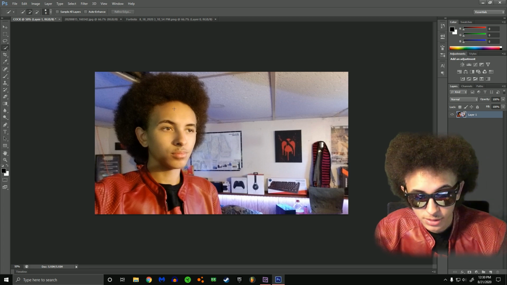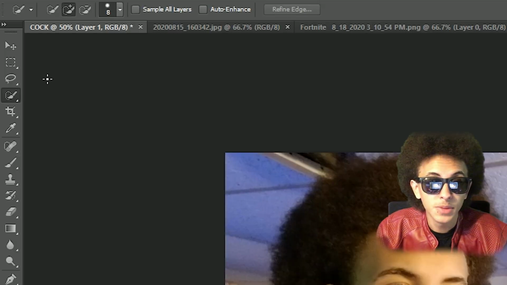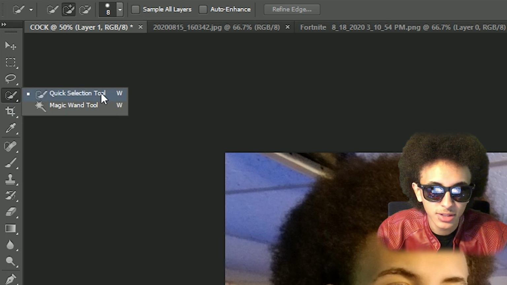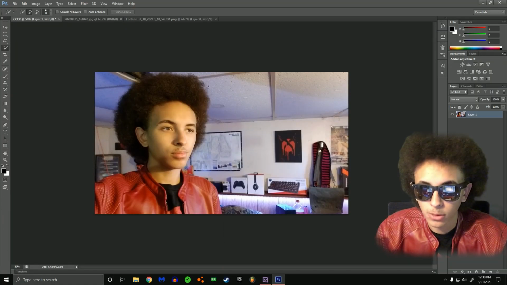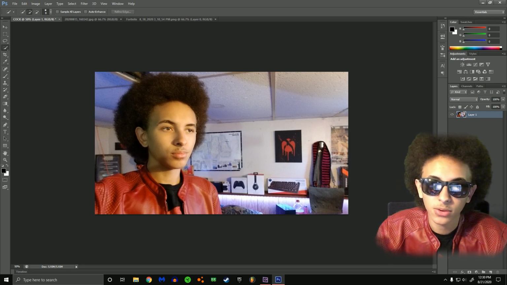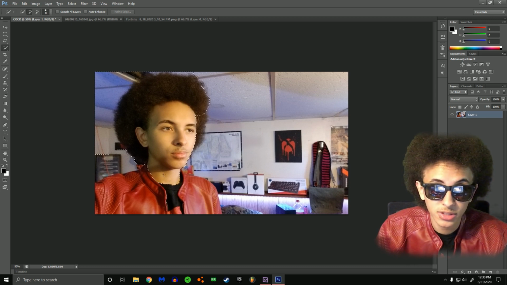The automatic transmission would be the W key, literally. This tool right here, called the quick select tool, you want to use the regular one, just the quick selection tool. If your subject is very definable from your background, like see my brown hair on this white background, that's a very definable edge. It's actually not that difficult to use something like the quick select tool to just select